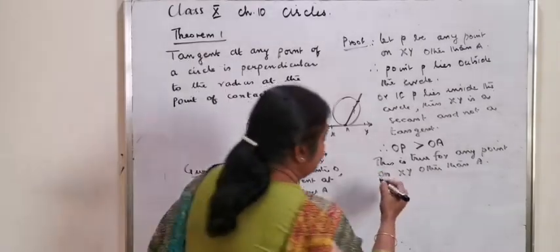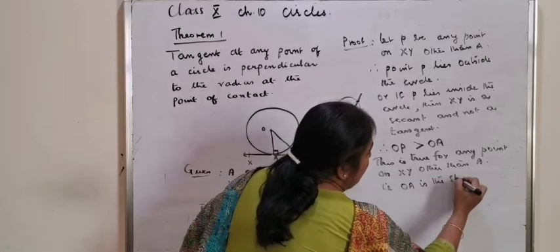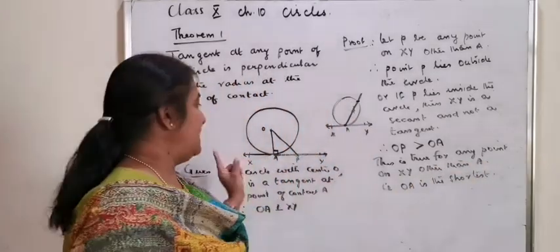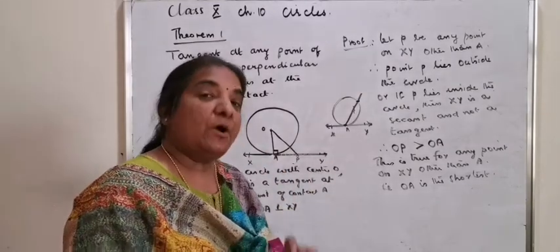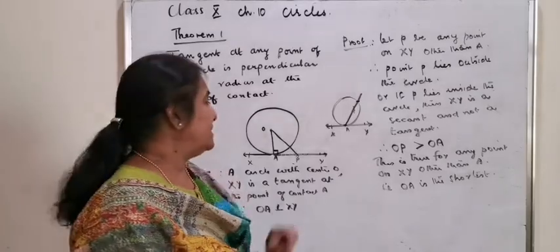That is, OA is the shortest. However you take point P on the tangent XY,